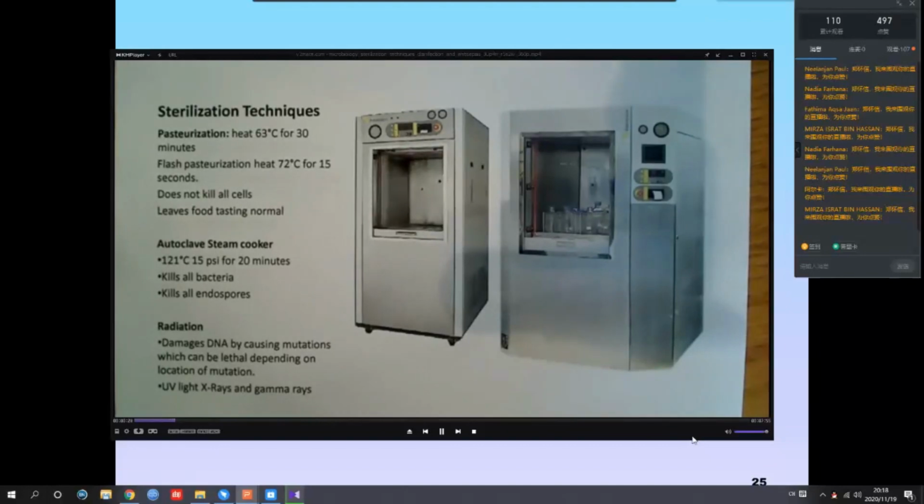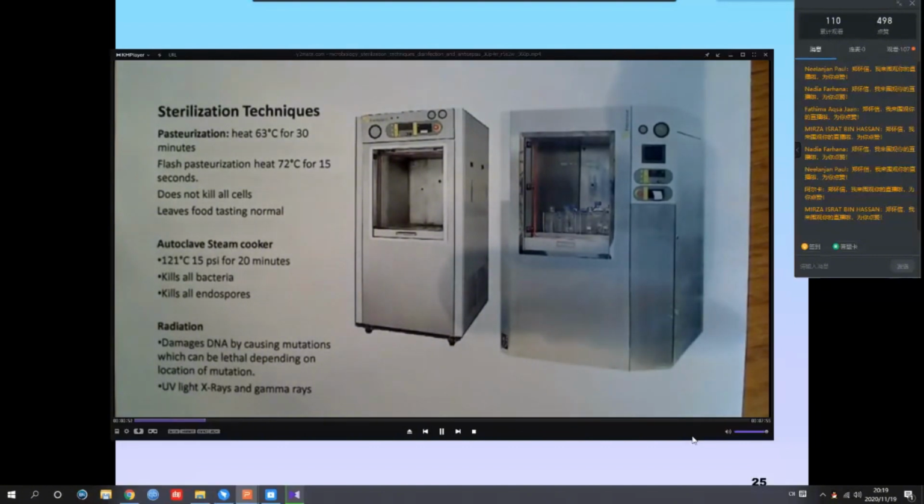Obviously, if you're trying to grow a particular bacteria on some kind of media, you don't want other bacteria growing on it. You don't want other viruses around it. You don't want anything else. You don't want fungi. You don't want, whatever, protozoa. You just don't want these things to grow because you want to eventually obtain most likely a pure sample.